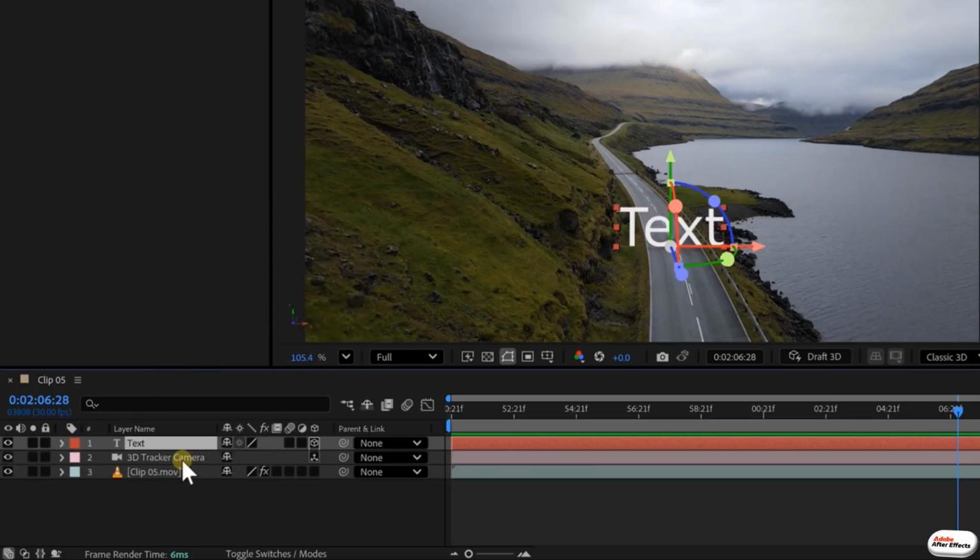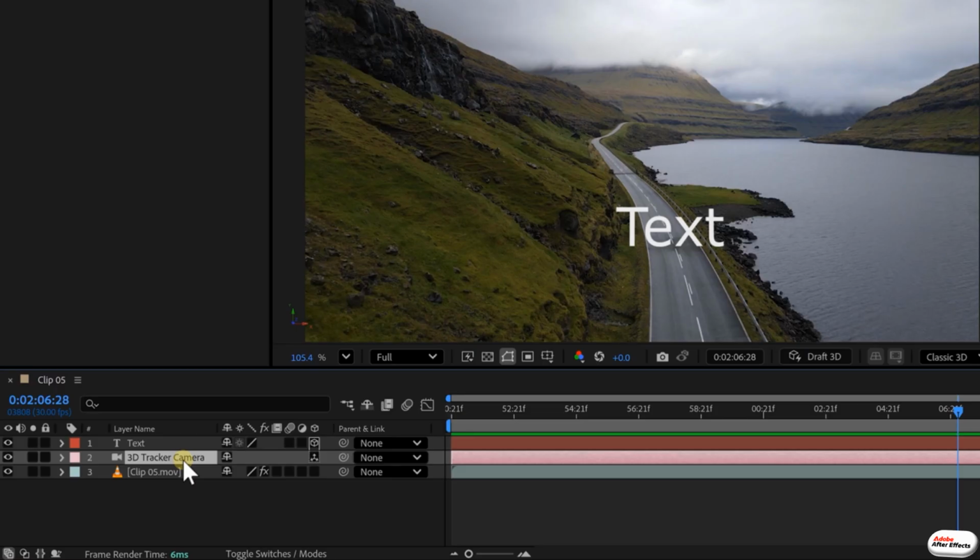Now we can also see a 3D camera tracker inside the timeline. This is a virtual camera that has been created by the camera tracker. Now what the tracker did was analyze the shot so that it could create a virtual camera that would represent the actual physical camera, in this case the drone. So it had to see which kind of lens it had. Was it a wide angle, a tele lens maybe, but it also had to try to figure out the movement